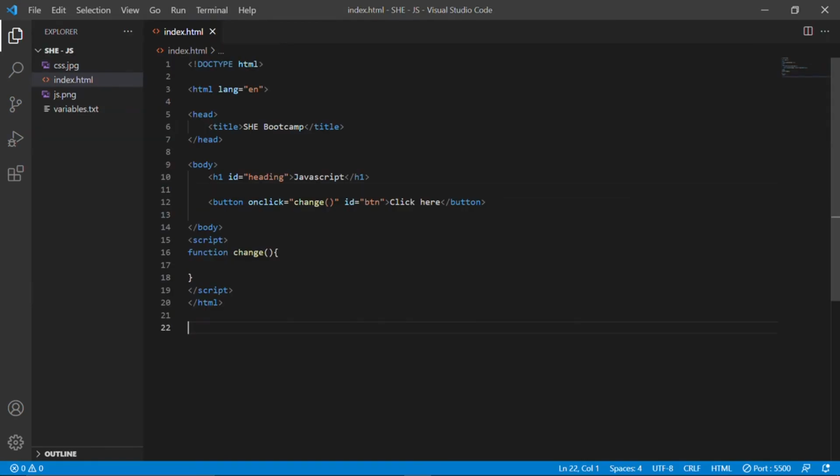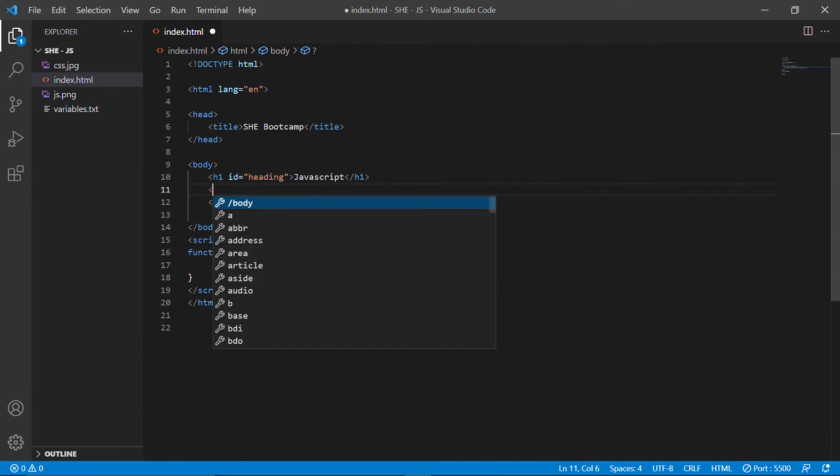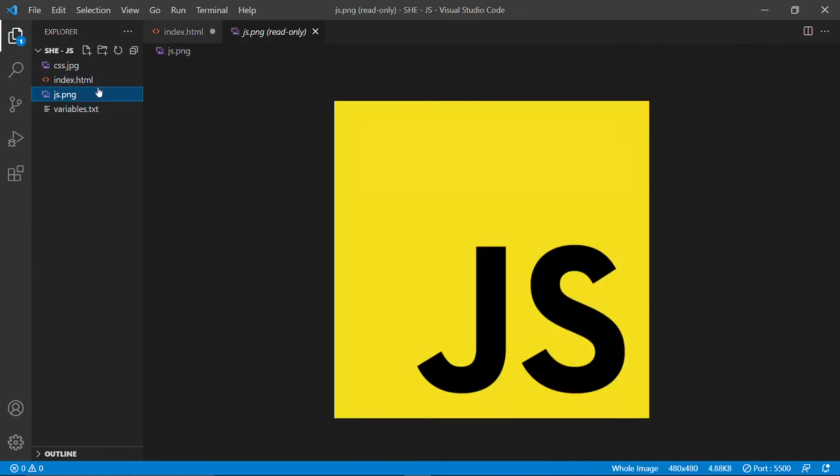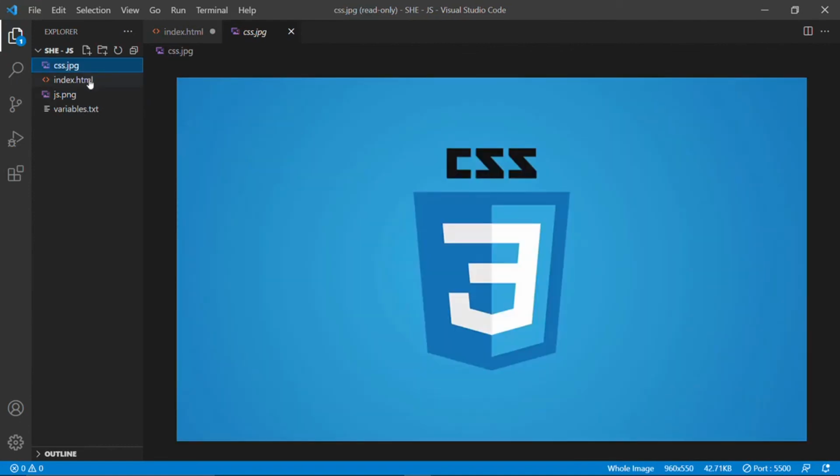To explain a property with which we can change the value of an attribute, I'm going to add an image tag here. I've already added two images here. First one JS and second one CSS.